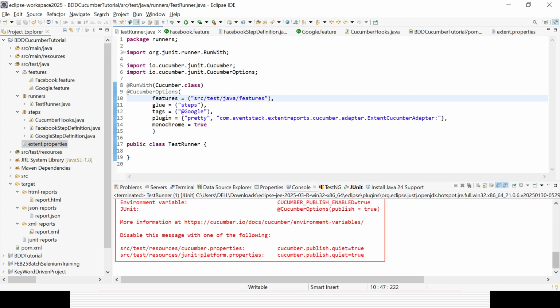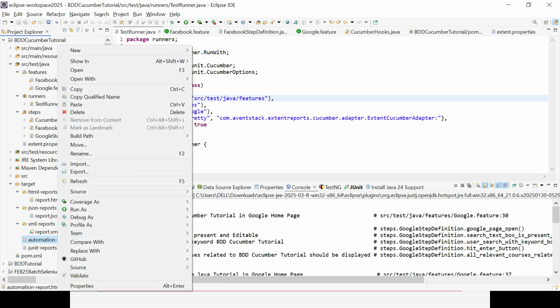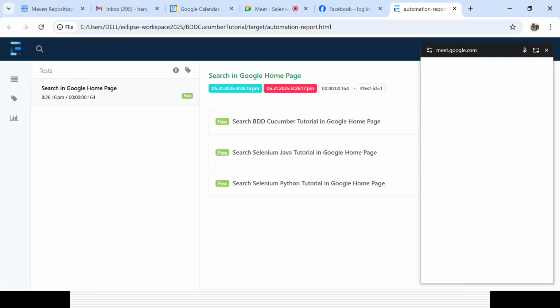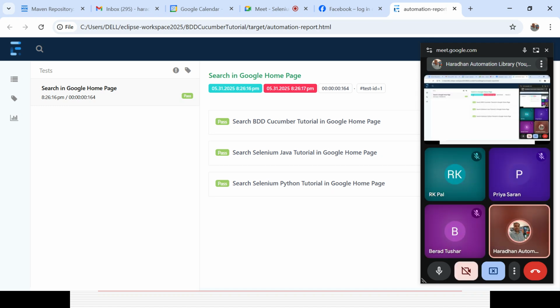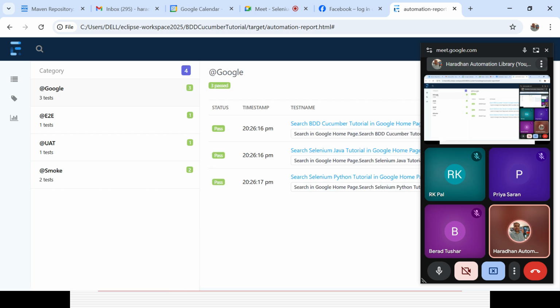Okay, again the same scenario got executed. Let's refresh the target folder. You could see automation report.html is coming. Now if you open it with a web browser, you could see the beautiful report. This is the header. You could see what things are getting executed, what steps are associated. This is the tag related part, how many tags there are for every step,